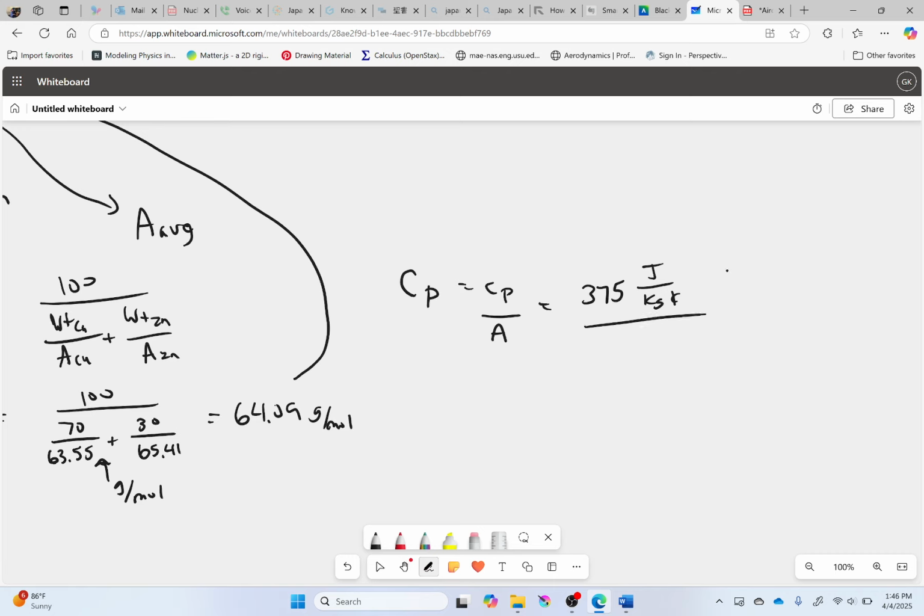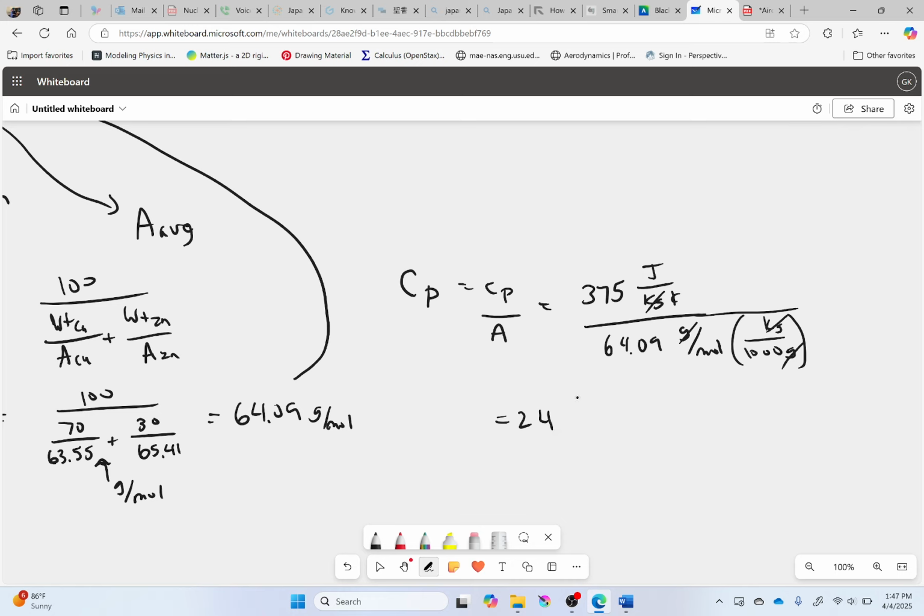I'm dividing that by the mass, which is 64.09 grams per mole. One issue there is you see there's kilograms on the top and grams on the bottom. I need to cancel those out. So I'm going to have to convert this one on the bottom to kilograms. There are 1,000 grams per kilogram. With that, kilograms cancels, grams cancels, and I'm left with the heat capacity, which comes out to be